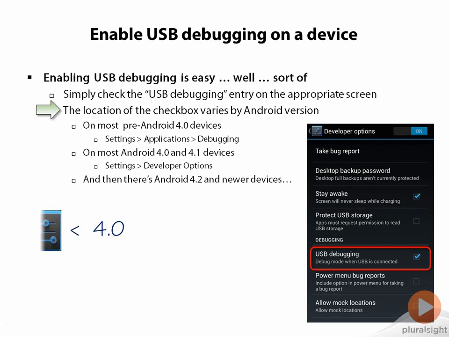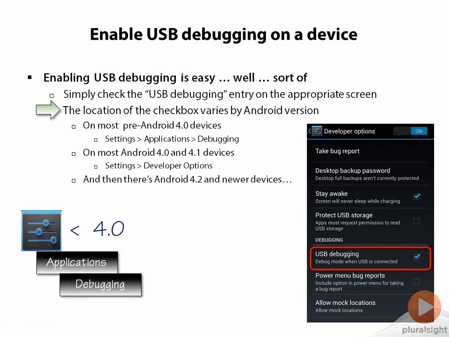Now, if you're on a device prior to Android 4.0, the way you're going to find your USB debugging checkbox is you'll go to your settings screen, then go to the applications option, and from there there'll be a debugging option, and that will take you to the screen where you can enable USB debugging. If you're on a device that's 4.0 or newer, well then you just go to your settings, and then